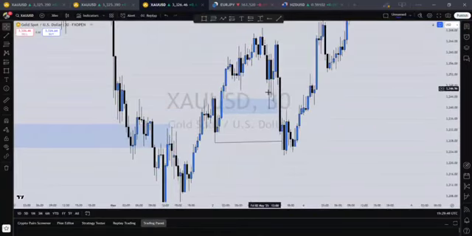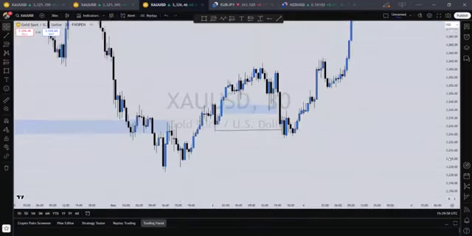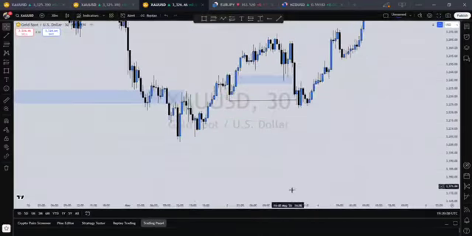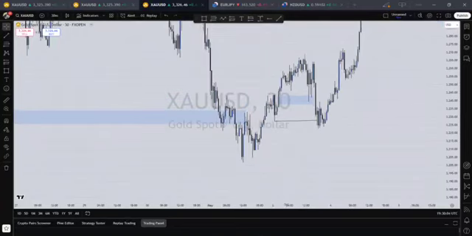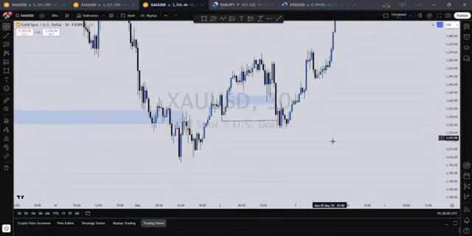When you see everybody is having the same entry with you, there's a problem because it's now becoming too obvious. A lot of players are there waiting to take continuation, waiting to take reversal. You should hold on because the liquidity there, price needs, the big players, they need to raid you out. Either they don't want you to join the move or they need your money, they need your participation to drive